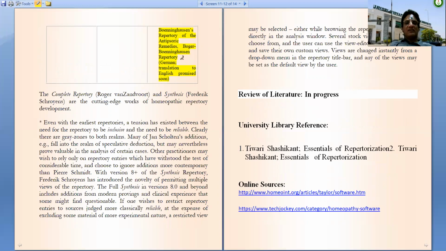So the main thing which RADAR contains is Synthesis and also Murphy and BBCR and BTPB. So the Complete repertory by Roger van Zandvoort and Synthesis by Frederik Schroyens are the cutting edge works of homeopathic repertory development. So they go neck to neck.